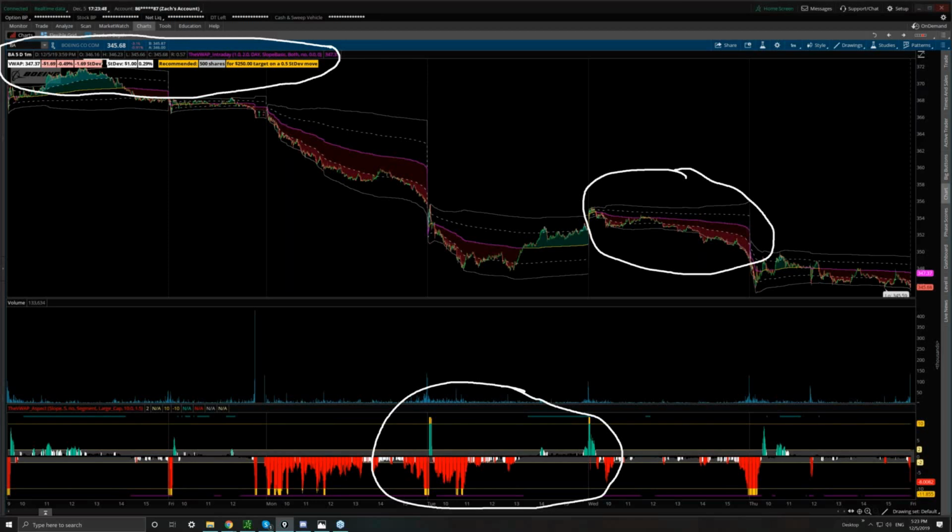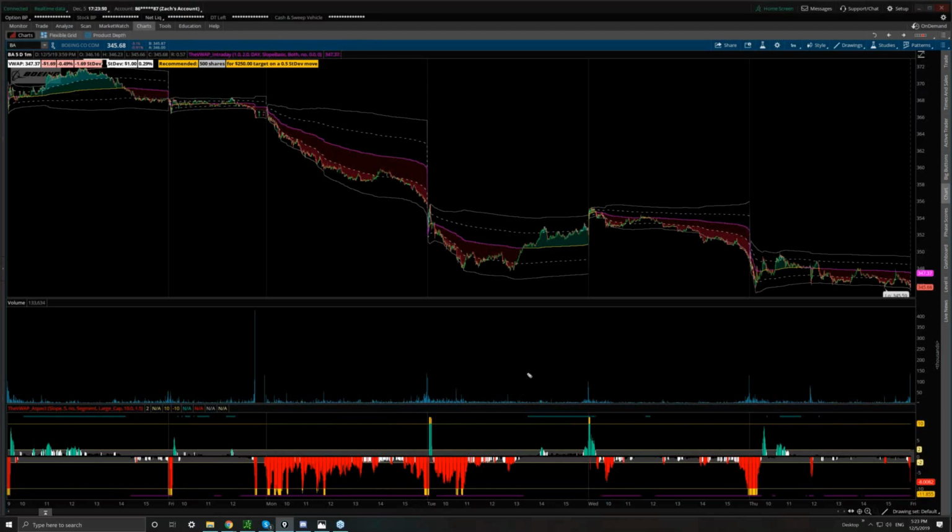So the challenge with the slope indicator is that it is a periodic measurement, meaning it's only looking at the slope of VWAP over the last couple bars. So the benefit of that is it's going to be very responsive, but it's going to be very jagged and hard to read sometimes. So you'll notice that it kind of decays in intensity and then picks back up, and then it decays in intensity and picks back up. It's very jagged in that sense.